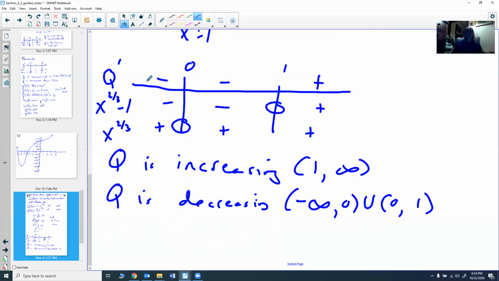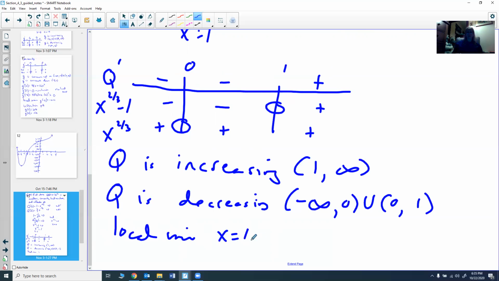Let's do the local max and mins. So we're decreasing and then we're decreasing again. So 0 is neither a local max nor a local min because we don't change anything there. We are then decreasing to 1 and then we're increasing beyond that. So we're going down and then we're coming back up. That will be a local min. So there's a local min